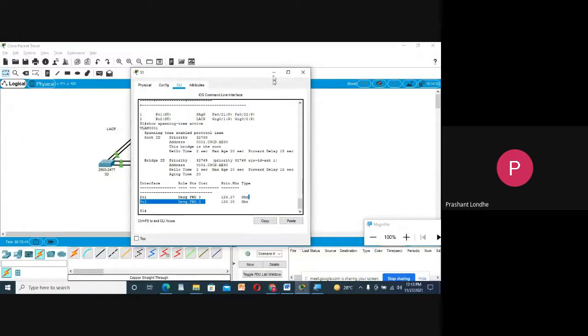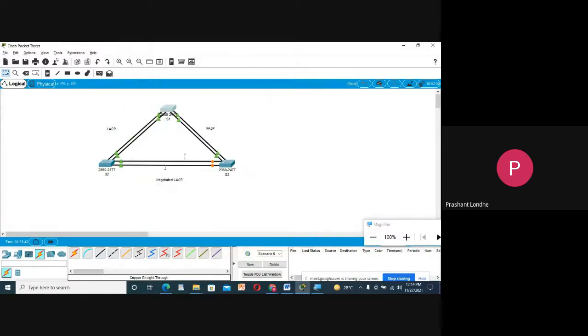So any query? Let me repeat all the steps. First, you need to take 3 switches. Here we are supposed to implement PAgP, LACP and negotiated LACP. For connecting S1 and S2, you will use GigabitEthernet 0/1 and 0/2. For connecting S1 and S3, you will use FastEthernet 21 and 22.